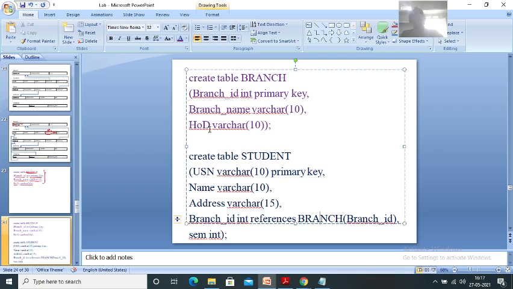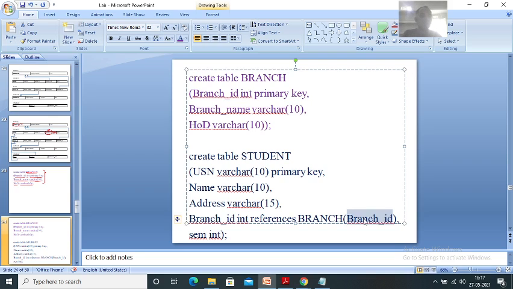Which column are you referring to in that branch table? Branch ID. This name and this name must be same.